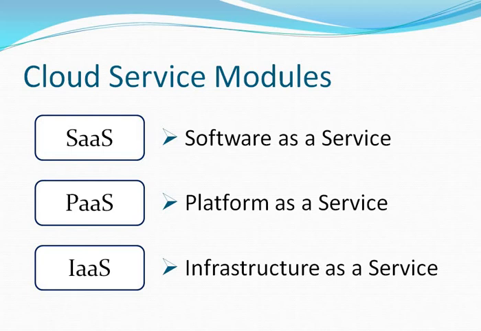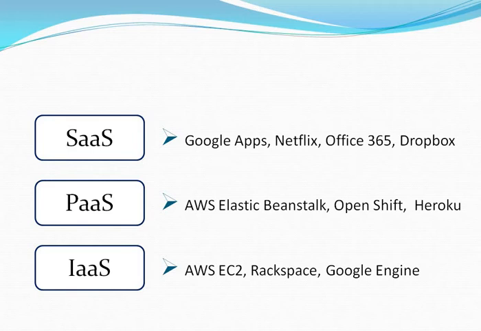Let's understand the models of cloud services. The very first is IaaS, infrastructure as a service. The next level is PaaS, platform as a service, and the top of that is SaaS, software as a service. So these are the three models of the cloud. Any cloud you may take, as of today's date, these are the three models they have.